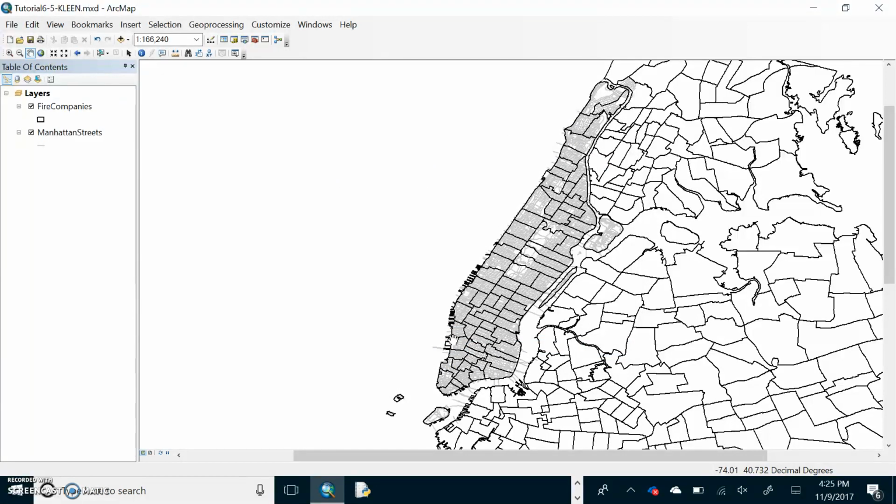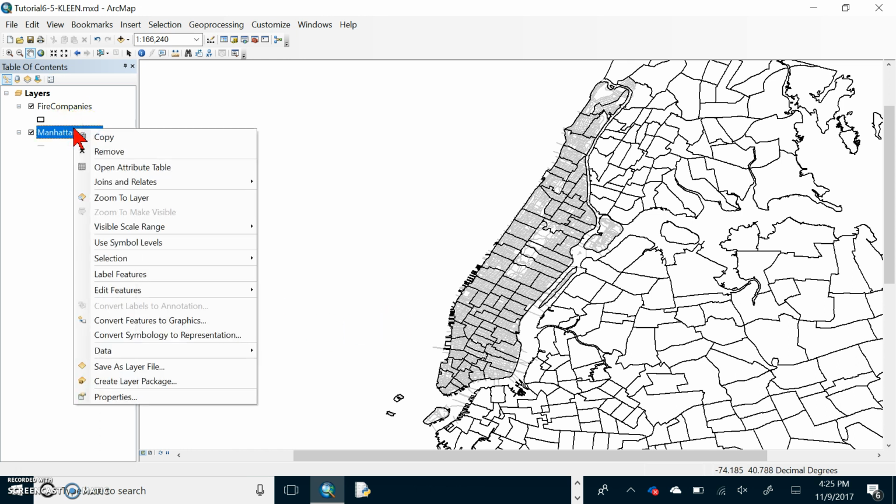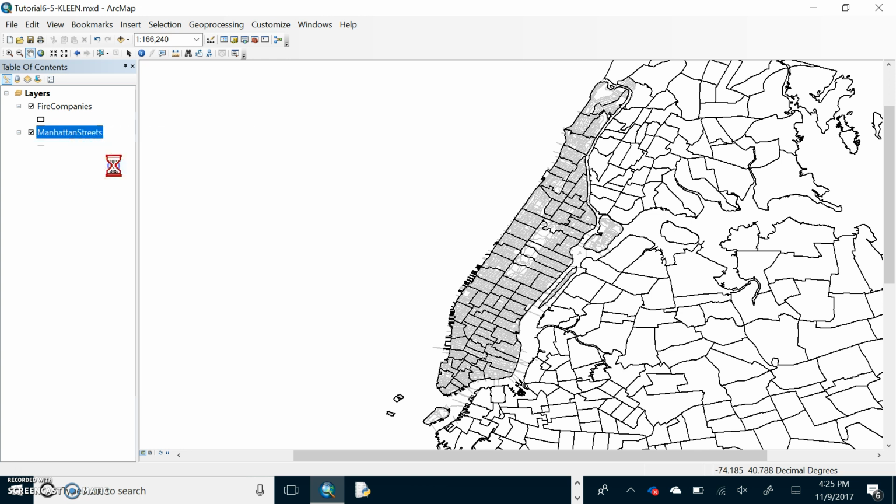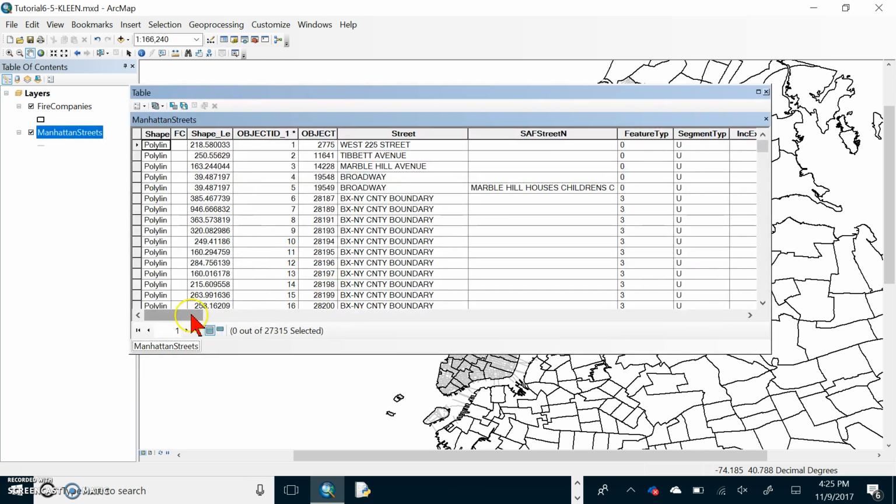Okay, now let's turn to page 232, and what we're going to be doing here is looking to intersect two parts of our map. So now we're on page 232, and from the table of contents, right-click the Manhattan Streets layer, and we want to open its attribute table and scroll to the right. So let's scroll to the right, and